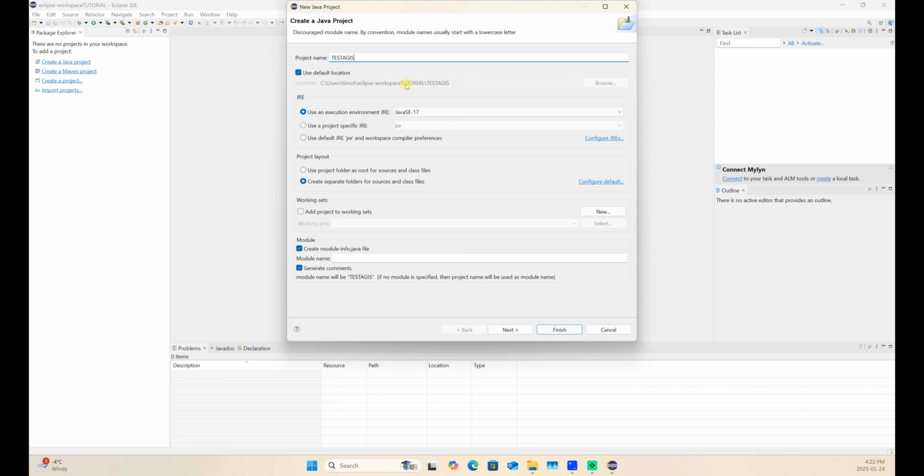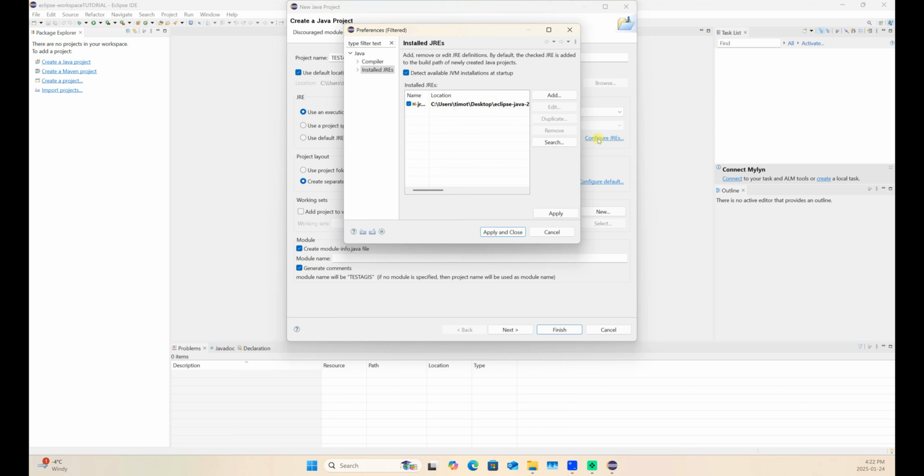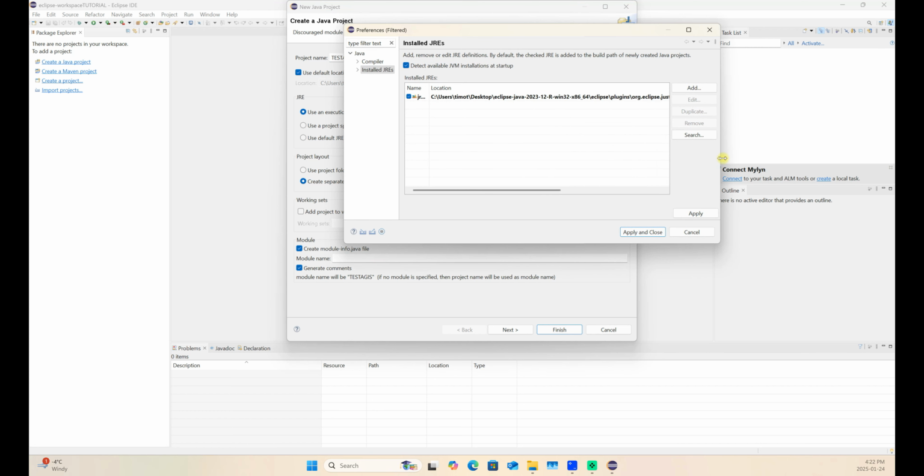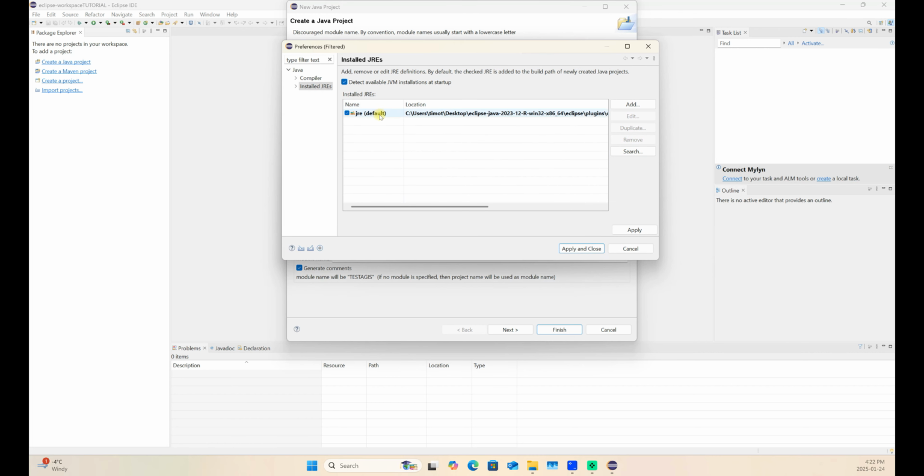It's going to ask us for our JRE. So this is where we want to pick our 1.8. We're going to go to Configure JREs. As you can see, we have our JRE default. We don't want that. We'll unselect it. We'll go to Add,